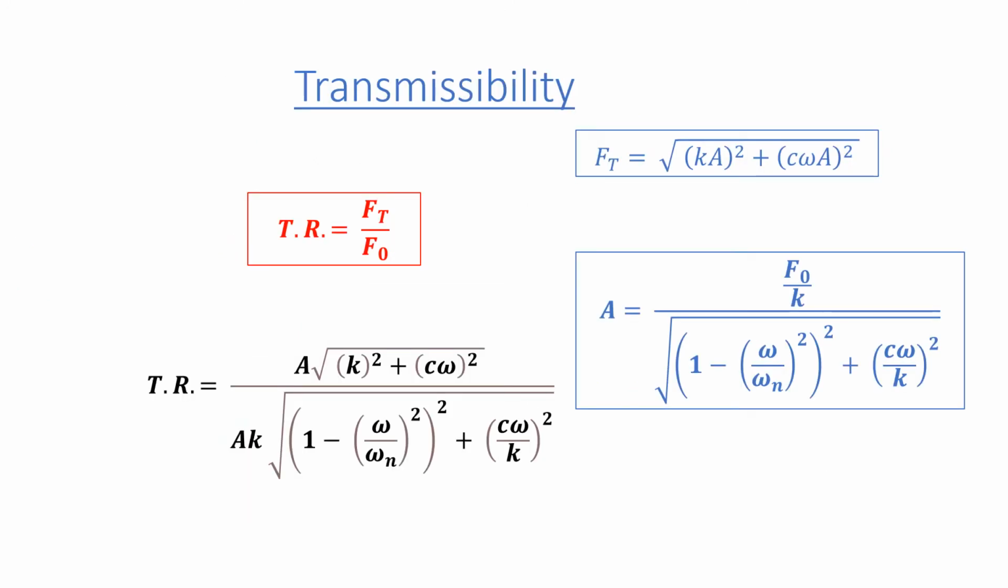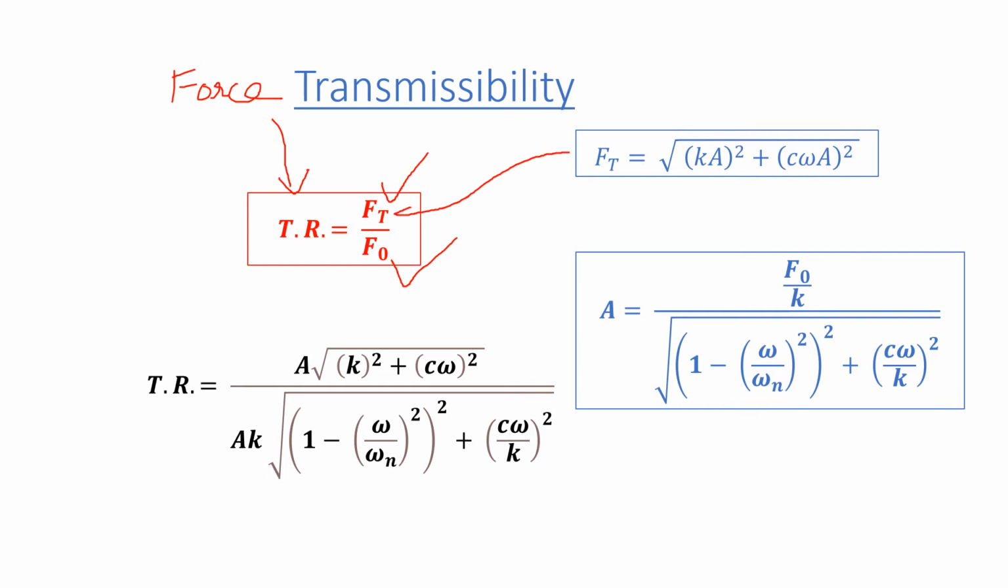So the next is transmissibility. It is force transmissibility. Our transmissibility ratio is simply the amplitude of the force being transmitted to the base divided by the amplitude of the external excitation. Simply, the ratio of the two forces is known as force transmissibility, or simply transmissibility or transmissibility ratio. Let us